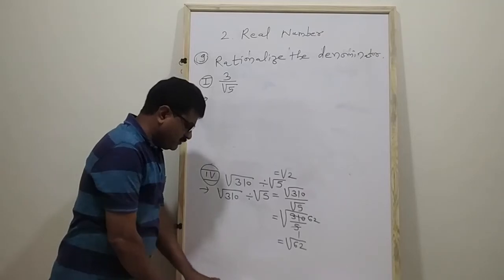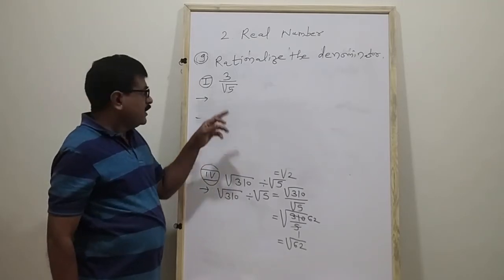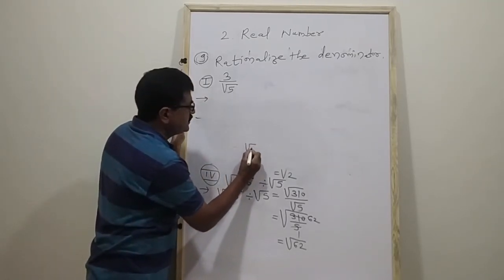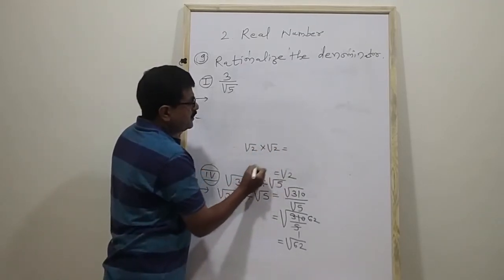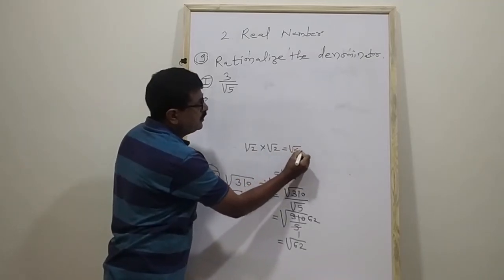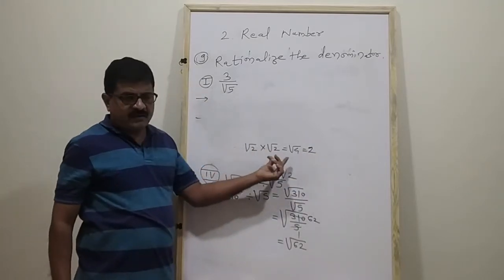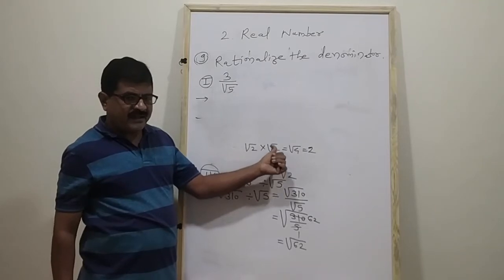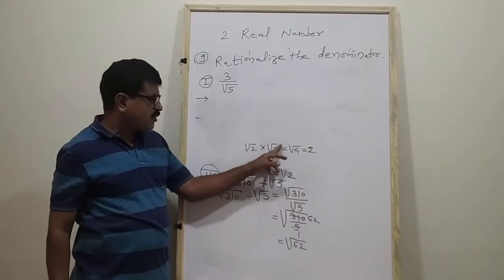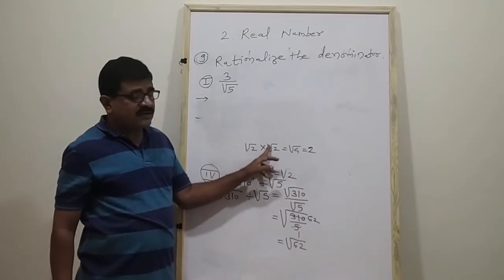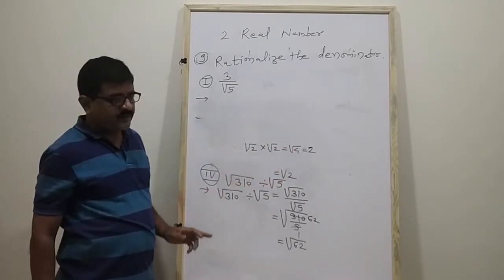Now we already studied what is rationalizing factor. Now the rationalizing factor of square root 2 is square root 2, because square root 2 into square root 2 is square root 4 and square root of 4 is 2, this is a rational number. If after multiplying this number to the given number, we get a rational number, then this is called the rationalizing factor of this number. That is square root 2 is the rationalizing factor of square root 2.